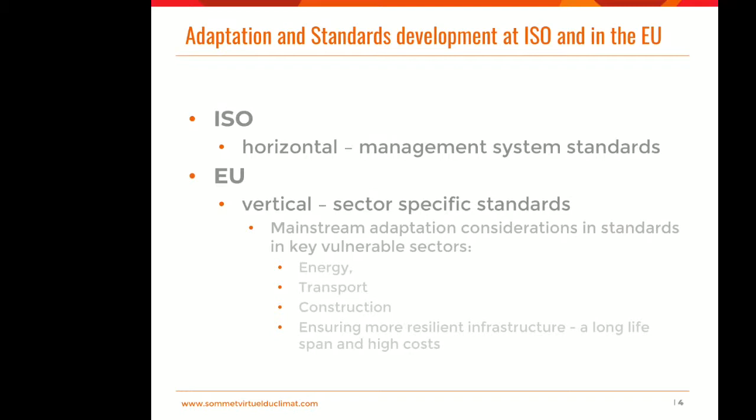One more general slide before we get into the nitty-gritty of the standard. Here it's just to explain that currently at ISO, climate change adaptation is being dealt with in management system standards. Management system standards are the 14,000 family, and these are horizontal standards that work across an organization. In the European Union, the strategy has been to be complementary to the work going on at ISO level, and so to work more at integrating climate change adaptation into the sector-specific standards, so a vertical approach. And the work that's happening at the moment is attempting to mainstream, so I'm sorry, I can't see my slides